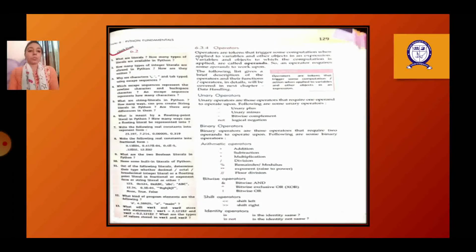They are basically used to do the mathematical computation of the data, like if we want to perform the addition operation, or we want to find the product of two numbers, or if we want to compare the two numbers, then we can make use of these operators. So they are used for the operations. And suppose I say a plus b, so plus is the operator and a and b are operands, right?